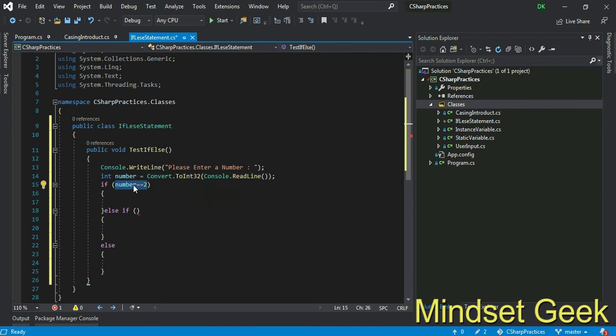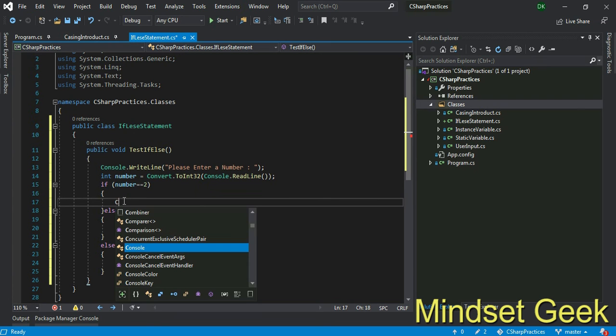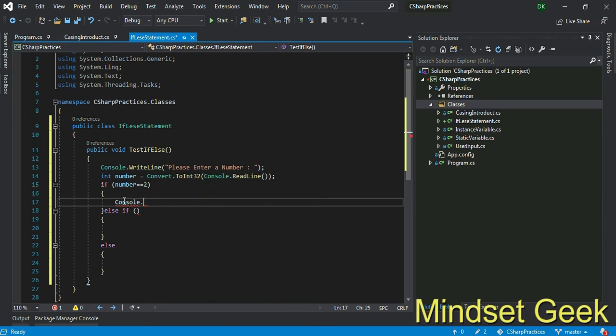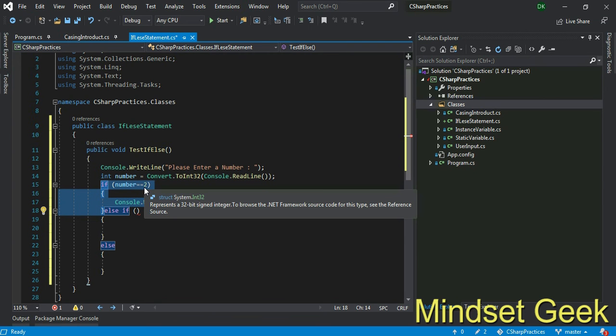If the user enters 2, use console dot write line, user entered 2. Right. If this statement is not true, that means the user entered a different value from 2, right?